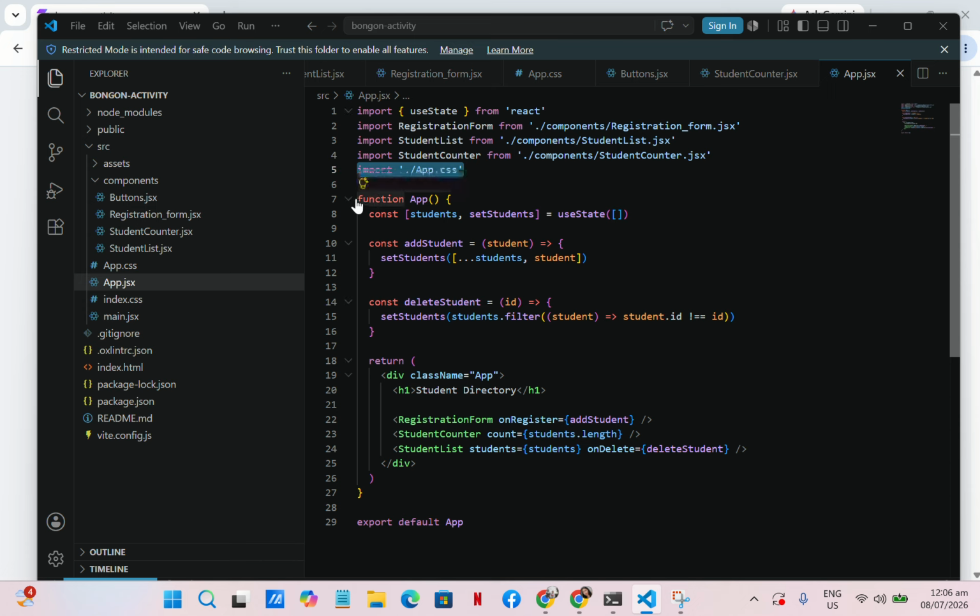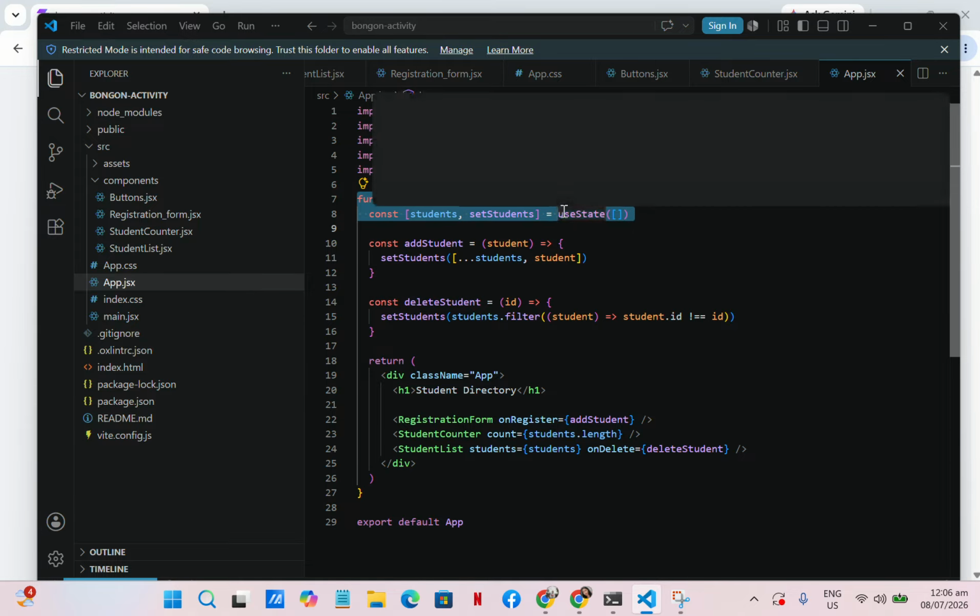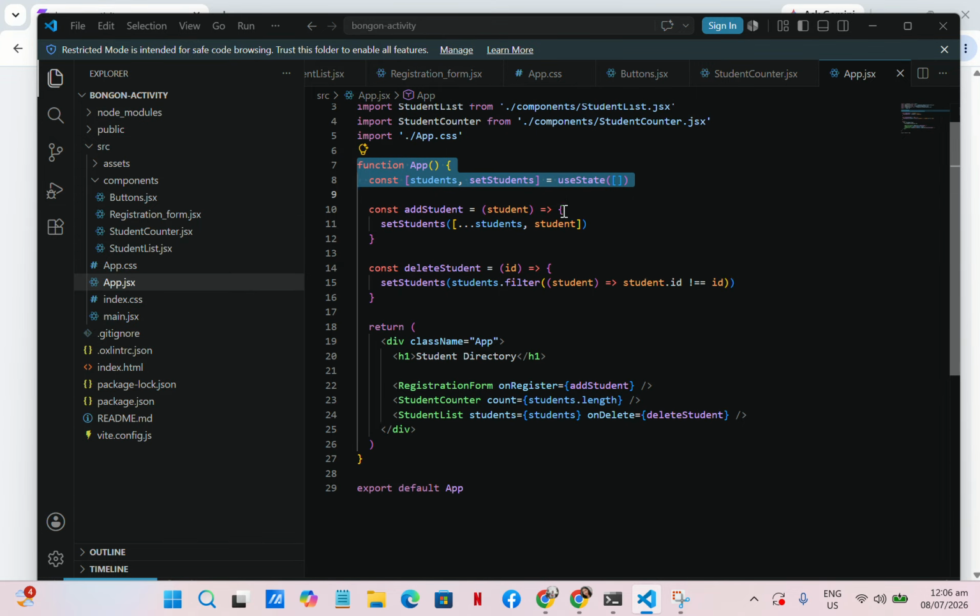So function app, const students, setStudents, useState. So this component function, the students state, starts at an empty array. Next is const addStudent, setStudent,